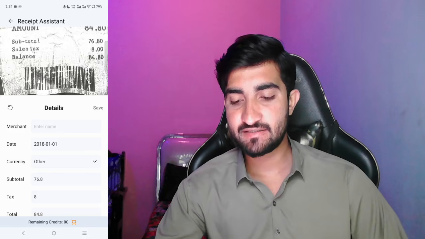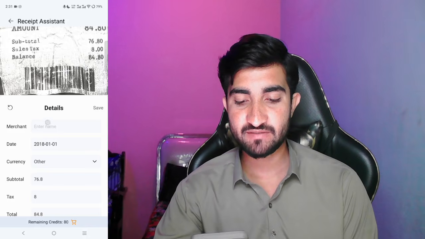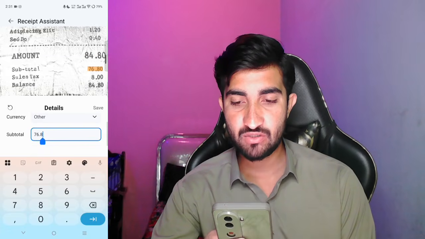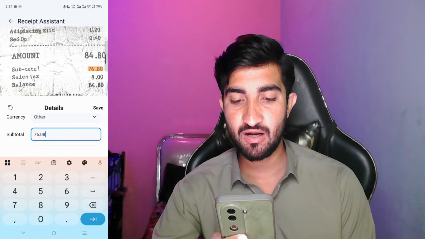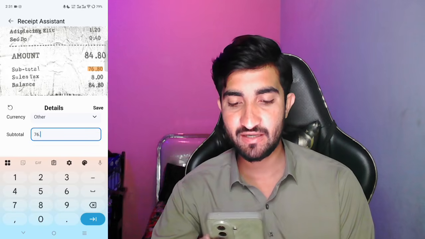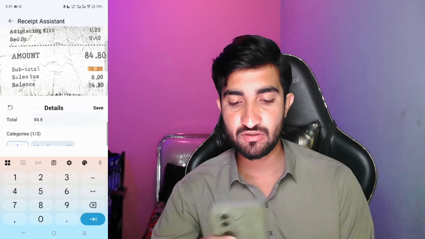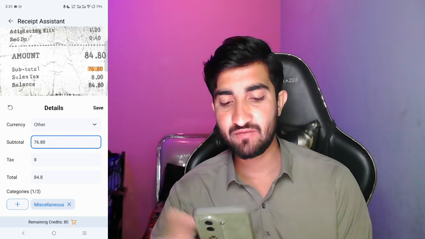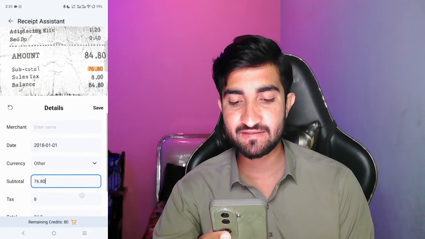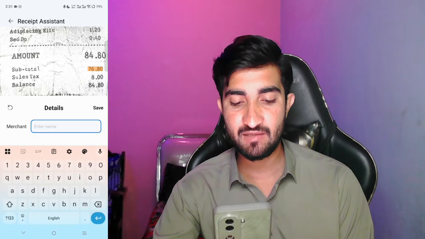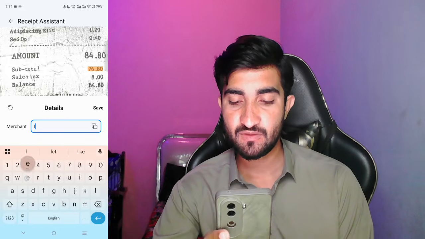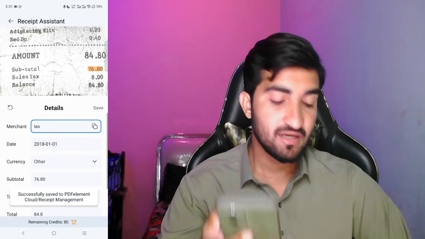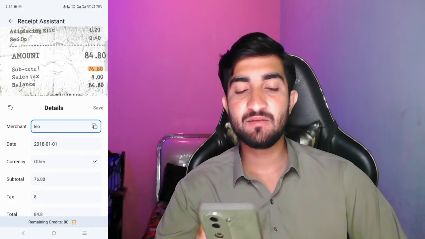So here, you can check out the receipt assistant name, the date, the currency, the subtotal. If you want to edit any part, we can simply do it here as well. You can also edit the tax, how much tax we have in it, the total amount, the subcategories as well. You can also change the name. So that is the new thing. We simply need to click on the save button, and then it will be